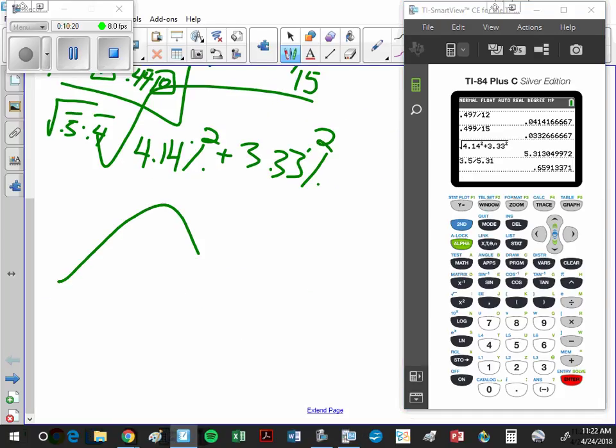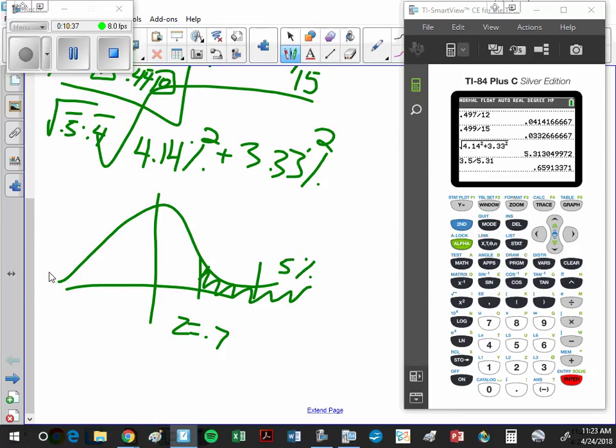So if I draw my curve, and I'm over here at z equals 0.7, how much area is going to be to the right? A lot, right? Where is the 5% mark? Z equals 1.64. We're less than halfway to 1.64. So there's probably something like 12% in this tail,